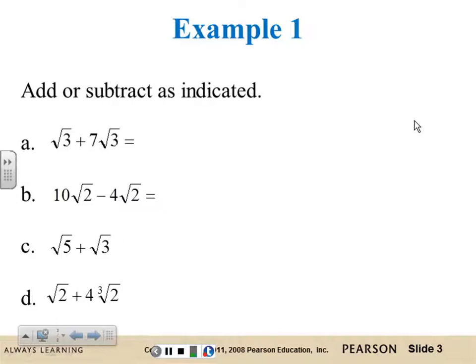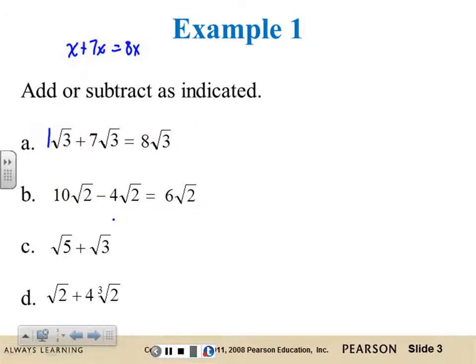So for example, add or subtract as indicated. If I have 1 square root of 3 plus 7 square roots of 3, right? I have 1. If I don't see a coefficient, it's understood to be 1, because you know if I had x plus 7x, you would know that I would have 8x. Same thing with the radicals. If you don't see a coefficient, it's understood to be 1. So 1 square root of 3 plus 7 square roots of 3 is going to be 8 square roots of 3. So here, 10 square roots of 2 minus 4 square roots of 2 is going to give you 6